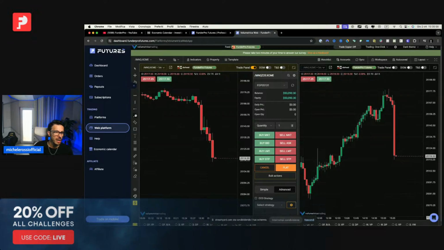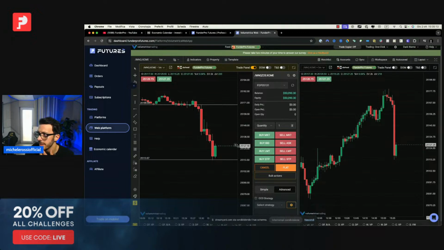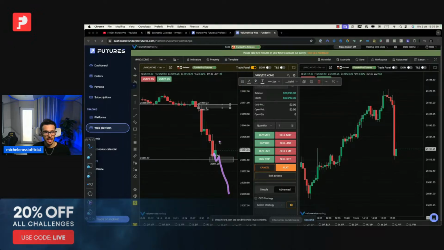So we got our first 5 minutes over here. This is the 5-minute ORB. So we got a support right here, a resistance right here. We can play in between. We can play outside of the box. So I might want to look for something like this. I might want to look for something like this. Okay, so get the direction.